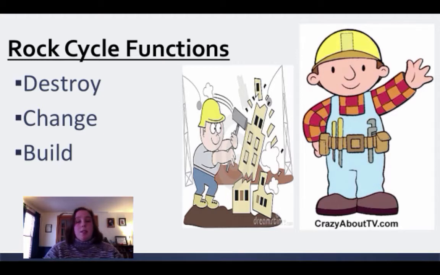Well, first of all, they destruct things. So remember when we were talking about continental versus oceanic, and we subducted it, right? Remember we put the smack down on Granny and melted her back into the mantle? Well, that's a destruction, right? So that's a rock cycle function right there. Another one is to change, and that's like metamorphic rocks there. And another one is actually to build, so to reform those rocks from the hot magma is like an igneous rock.